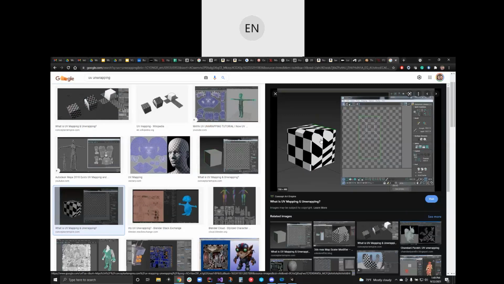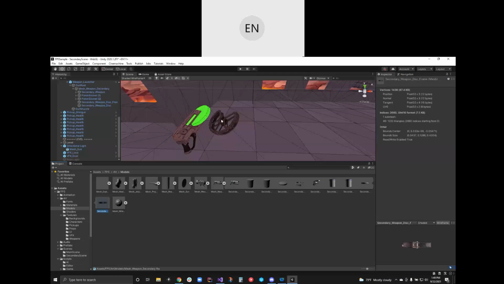So there's a balance between cuts between faces and texture distortion, because you can't take a 3D object and put it in a 2D space without cuts. That's a whole class of itself, but that's a brief talk about what UVs are, and that's how you lay textures onto an object.